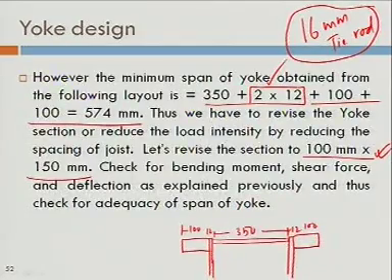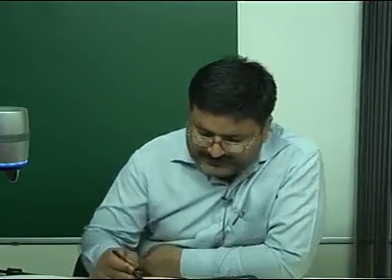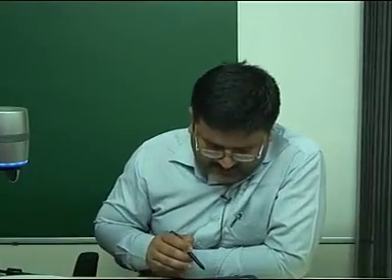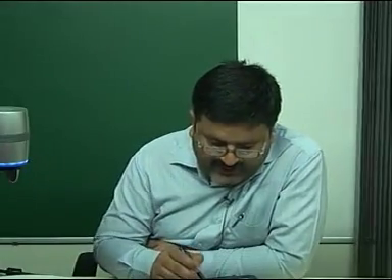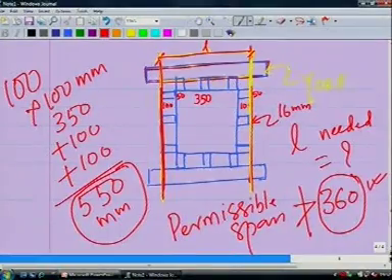So if you just go back to the sketch that we made. Now we have to see whether this 16 dia tie rod will be able to take care of the load coming onto it. How do you calculate this? I will show you quickly.